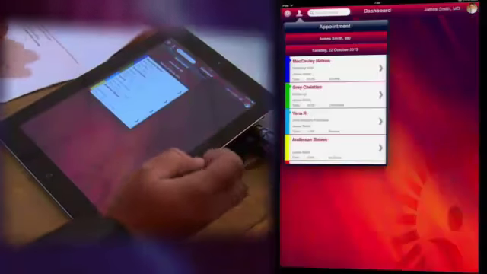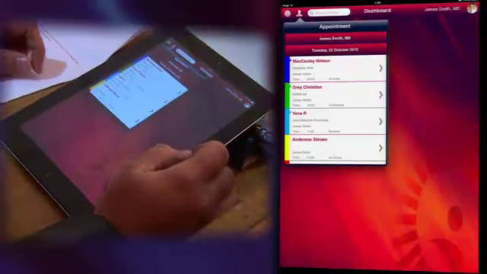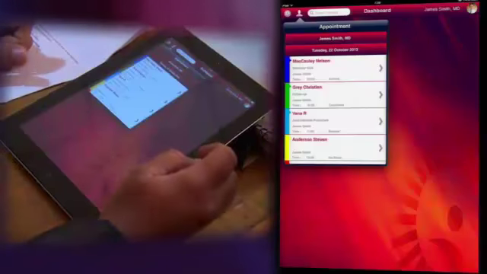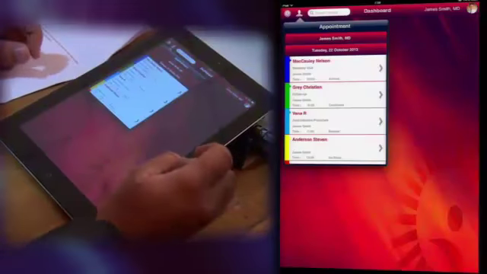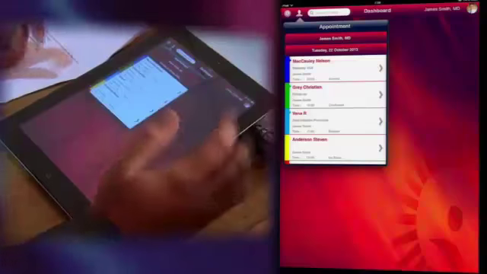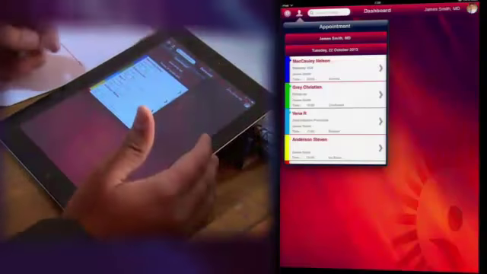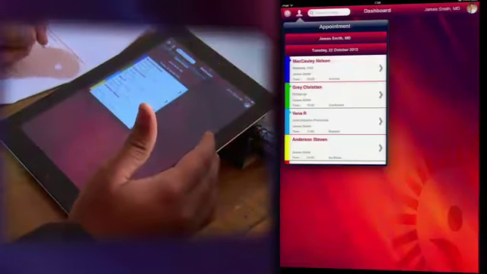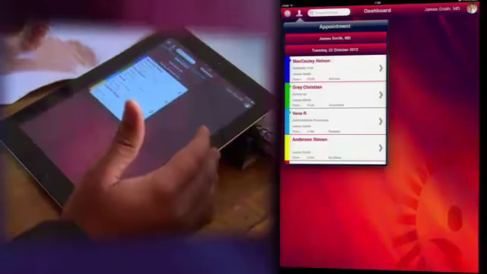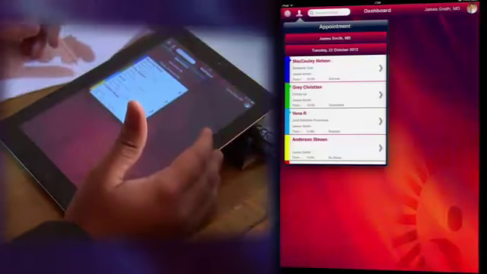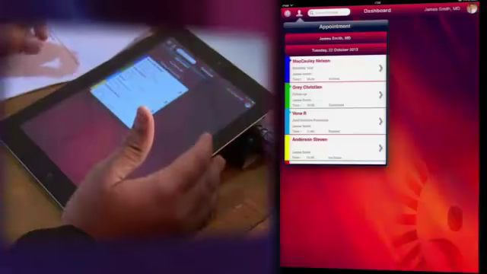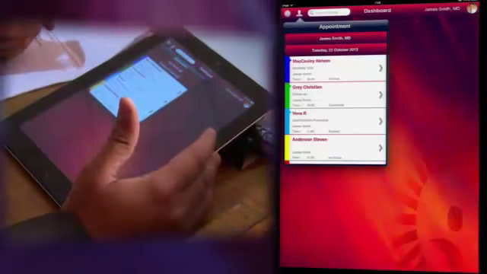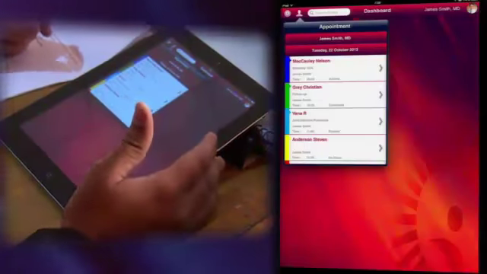As soon as I log in, I see a beautiful dashboard coming in with the appointment screens. Now, here I see beautiful colors. This would be the same colors we have on our EHR presently. We do have the same concept. We can see the patient's name, the reason, and the status of each appointment with the text and the color